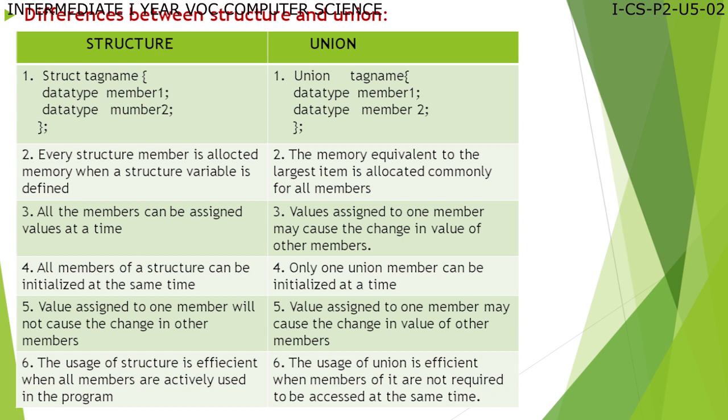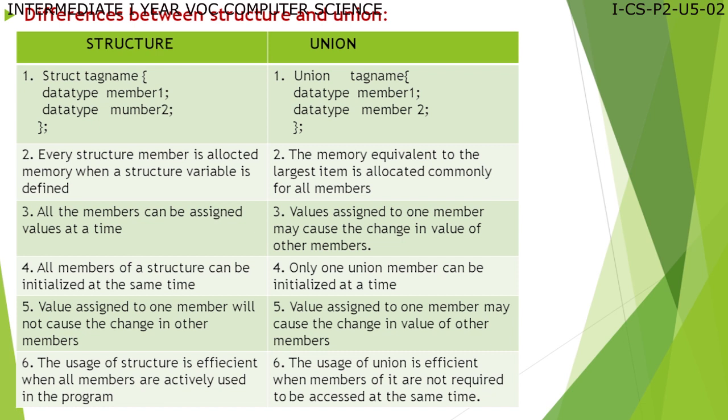Here we have to write the termination with a semicolon. Now, union also. The union will start with the keyword union and the remaining syntax is the same as a structure. Union name, tag name, the members of the particular union, then close the curly bracket and terminate with